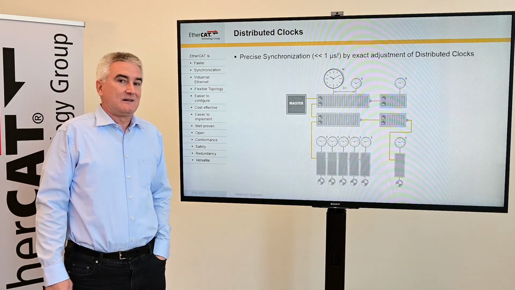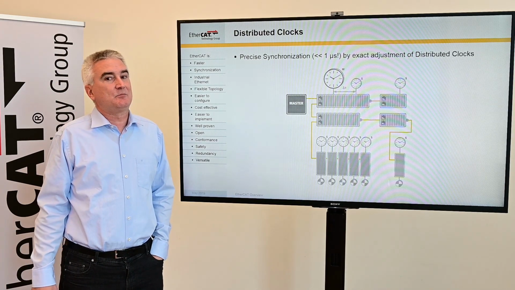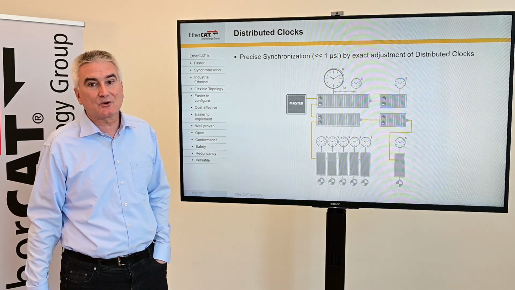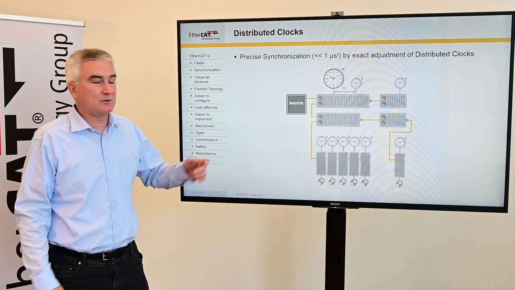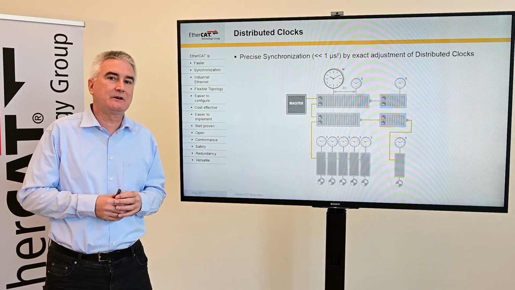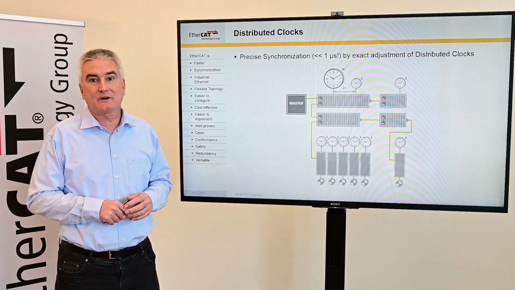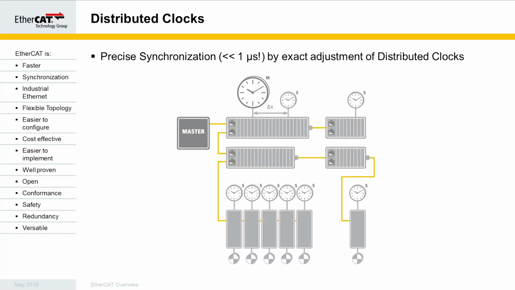Well, synchronization, a very important feature of a fast network, and the faster it gets, the more important it gets. And this is not only for multi-axis applications where you need to synchronize multiple axes, such as in a robot, but even if you're controlling a single drive, keep in mind the drive doesn't give you velocity, it gives you position by its encoder. So equidistant reading of positions is essential to compute the proper velocity as input for your